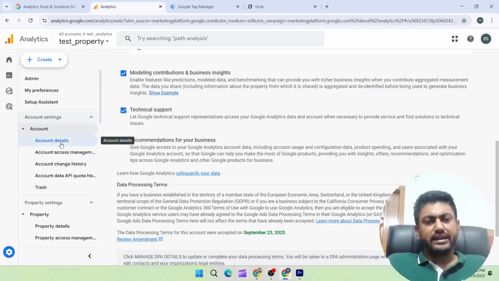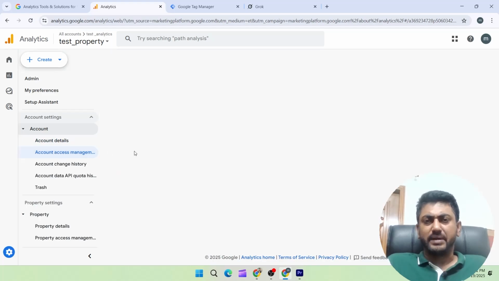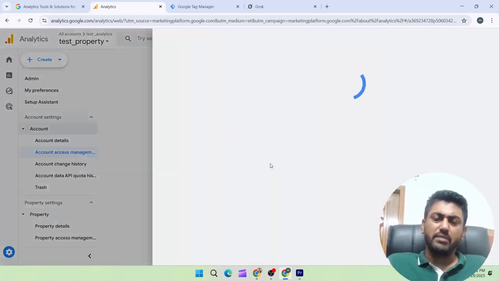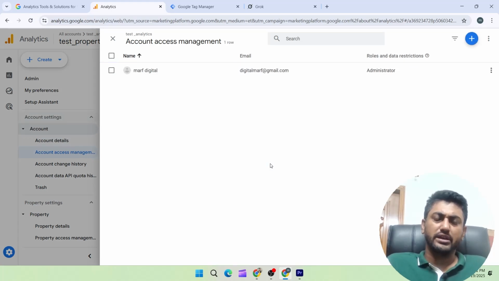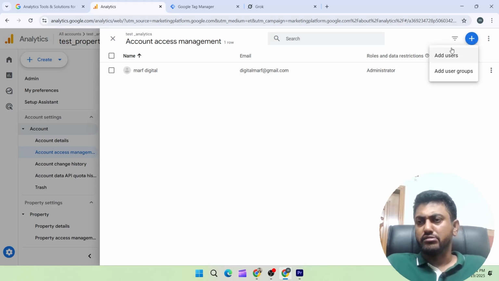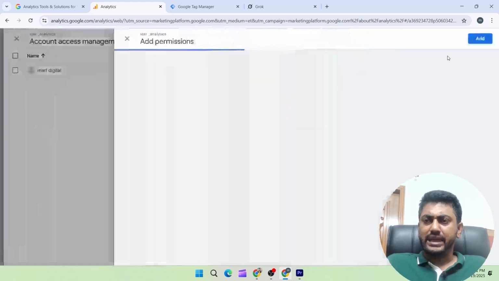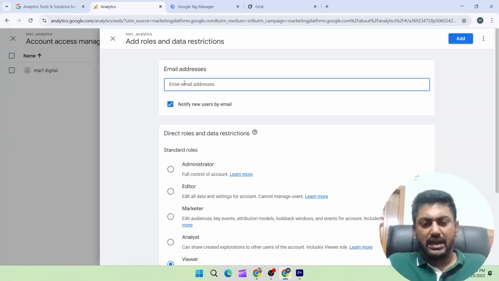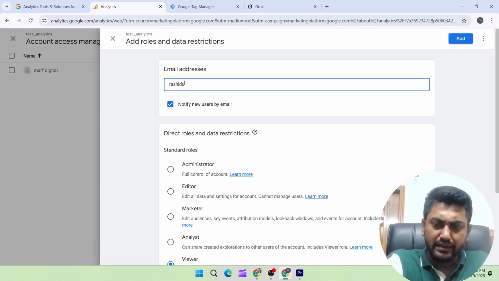The second important thing here is account access management. Sometimes you may be trying to give access to your account to a freelancer or a company employee, and you can give the access from here. Just click on account access management, and then you can see a big plus icon. If you click on this, you will get two options: one is add users and another is add user group. If I hit add users, then you can see I just put in an email ID here,